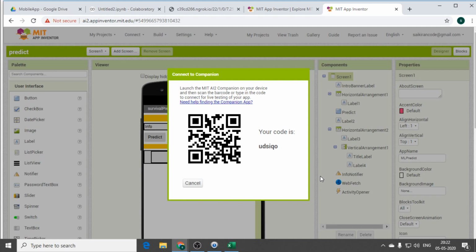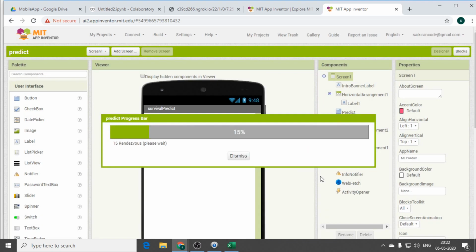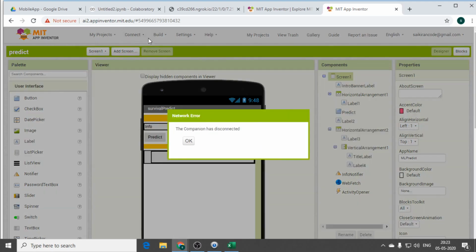So you will be getting a QR code here. Once your MIT App Inventor is installed, you can scan my QR code, and you can see the same app in your mobile phone, where we'll be making the changes dynamically. So within the next 20 minutes you will be able to see it. Once you have downloaded MIT App Inventor on your mobile phone, click on connect. You have AI Companion, and it should be uploaded to your mobile phone. You can see the same screen in your mobile phone.